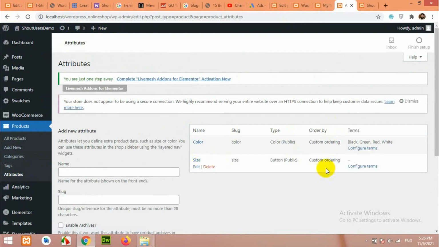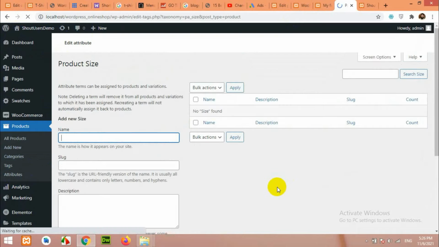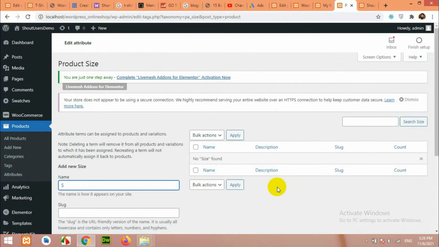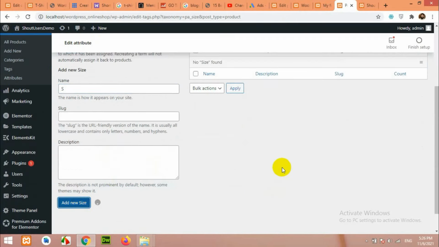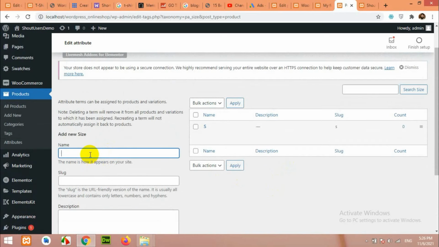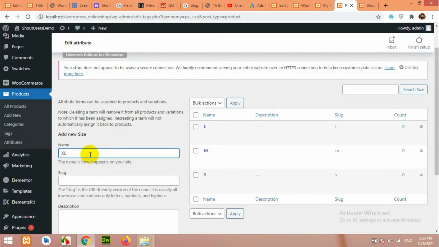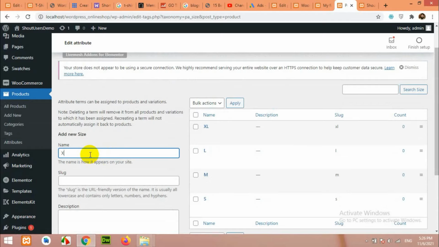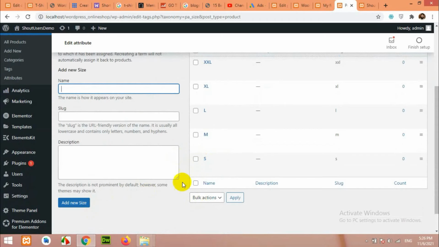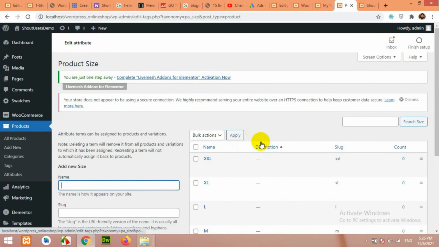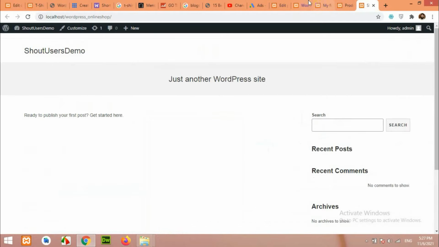We will add terms for sizes now. Click on configure terms, add small, then add medium, large, press enter, and XL and double XL, whichever sizes you have. Okay, now that we have our attributes and its values, come to the products, edit product